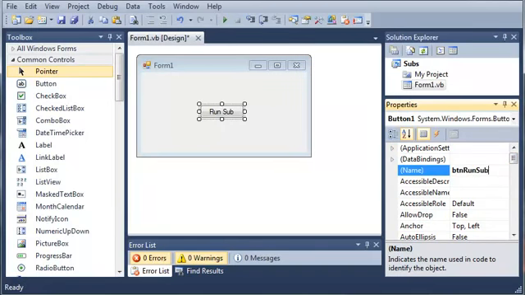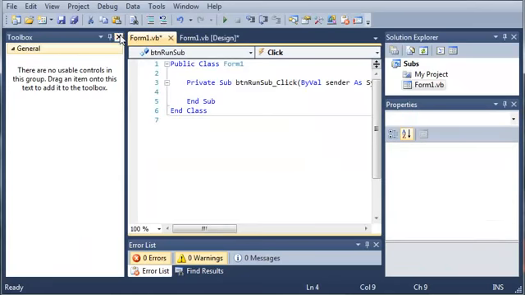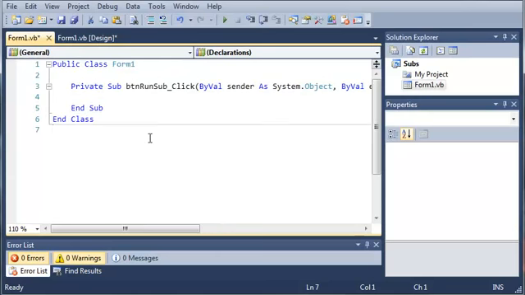button run sub. Now let's go ahead and double click on run sub, and you can see here that it opens up the event handler for button run sub. Now if you still don't understand event handlers, that's perfectly fine. We're going to be covering them a couple tutorials after this one. So what we're going to do is we're going to come down below button run sub, and we're going to